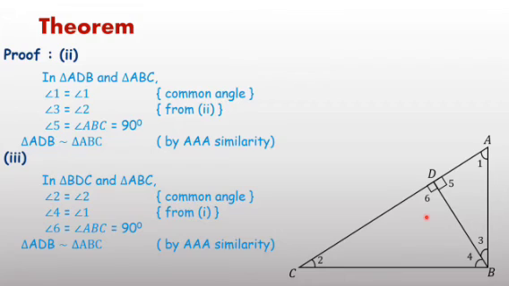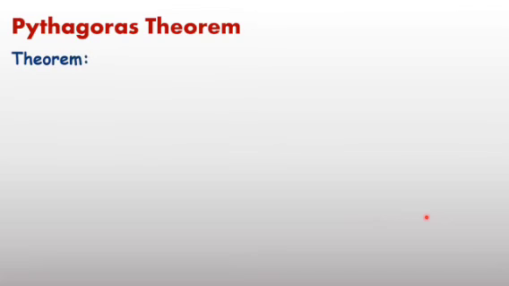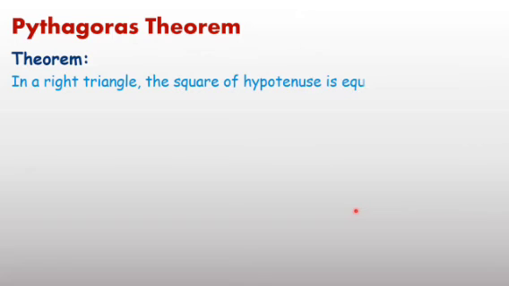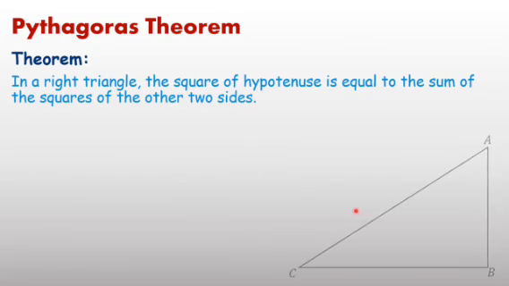Now, the next main theorem, which is important, Pythagoras theorem. Statement of theorem: in a right triangle, the square of the hypotenuse is equal to the sum of squares of the other two sides. Here, triangle ABC is given. If angle B equal to 90 degrees, in a right triangle means angle B 90 degrees is given. And what we have to prove? Second part of the statement means we have to prove the square of the hypotenuse, means the square of AC, equal to the sum of squares of the other two sides.